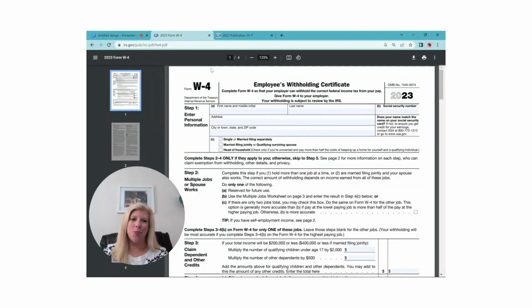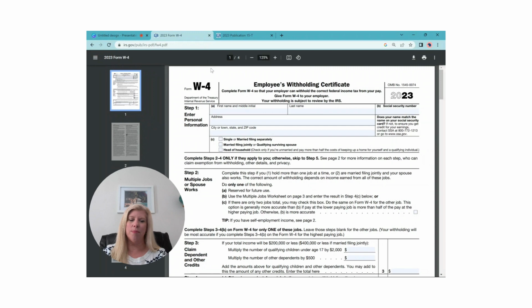Today, I want to touch base on a form that is very simple on its face. It's only a couple pages long, but it can cause a lot of frustration for everybody, for employers, employees, tax preparers, because it doesn't quite do as much as any of us would like in getting withholdings correct on paychecks. So I'm going to go through the form, each section, and explain what those do and some of the limitations